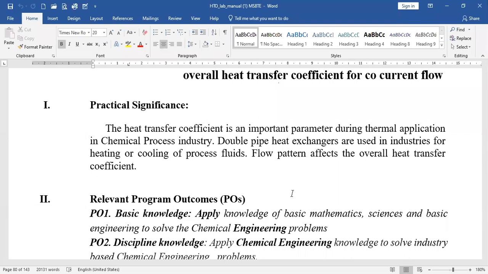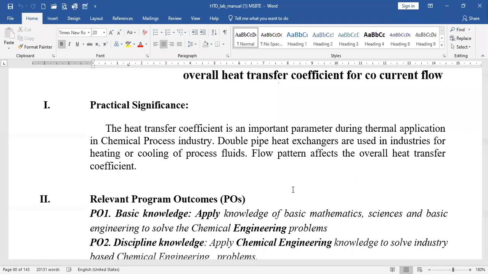So this co-current or counter-current phenomena is nothing but the convection, and that is why we must focus on the heat transfer coefficient. Now if you observe the rate of heat transfer formula for the convection, the general formula is Q equal to H A delta T. So that H is nothing but the heat transfer coefficient, and from this formula we can understand that the rate of heat transfer or the heat flux is directly proportional to the heat transfer coefficient. So Q is directly proportional to H. That is why this H is important.